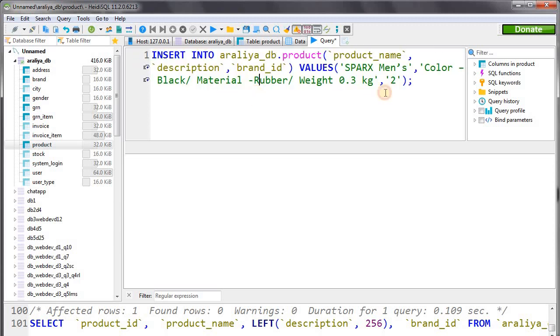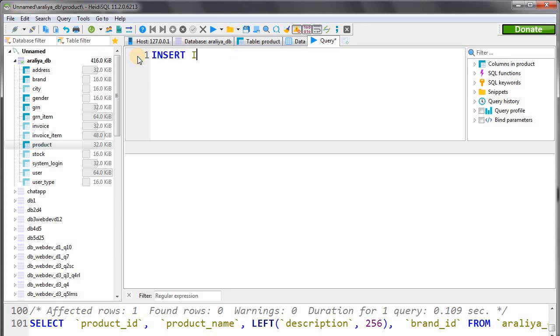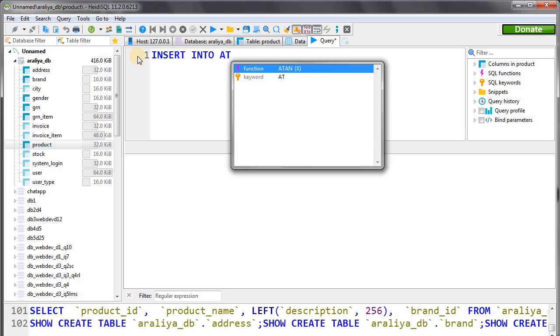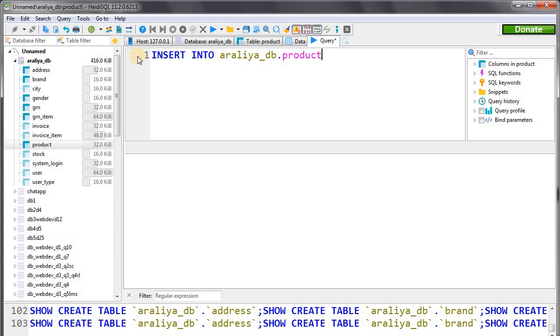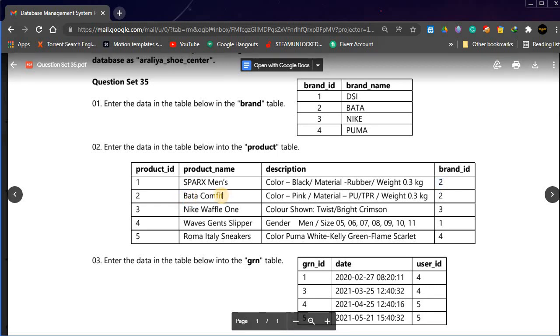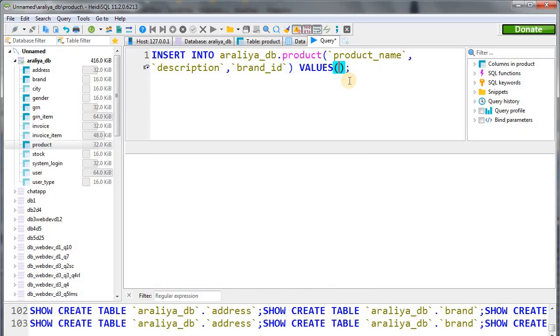Okay, let's clear this one and write a new one. Insert into RLEDB and product table. Here are the attributes. Okay, in the second record, first value is this one, and here's the second value.